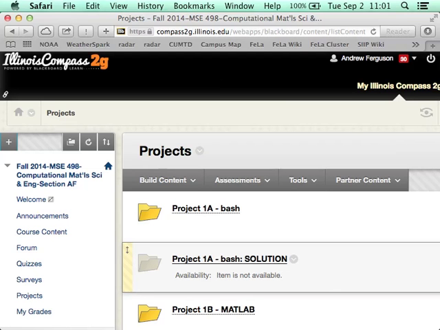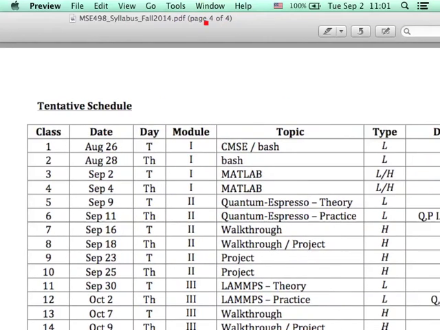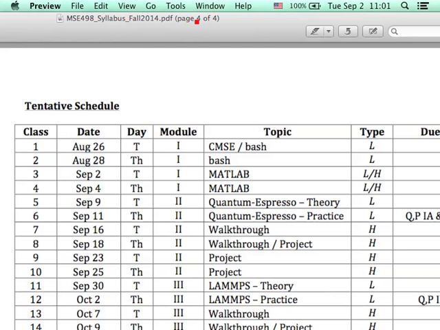I'm available right after class or during the office hours on Tuesdays. Particularly if you've never worked with Bash and MATLAB before, I would suggest you really do start early on these. Just to take a look at the syllabus, we are on lecture 3, it's September 2nd today, and these things are due on the 11th. So you've got over a week to take a look at them, but you have most of the Bash skills you need right now. You'll have all the Bash skills you need in about 10 minutes' time, so there's no reason you can't start working on the Bash part and then start working on the MATLAB after that. Okay, sound good?